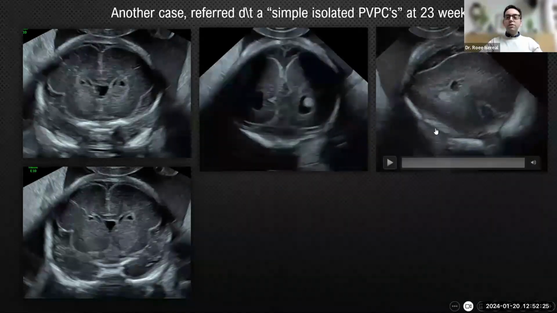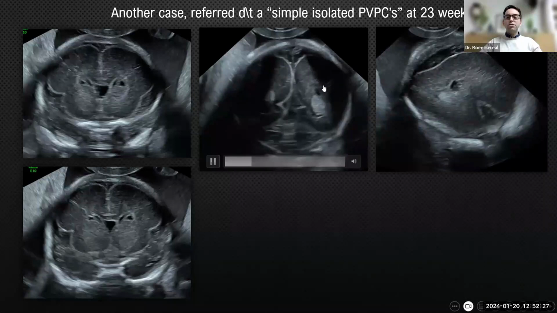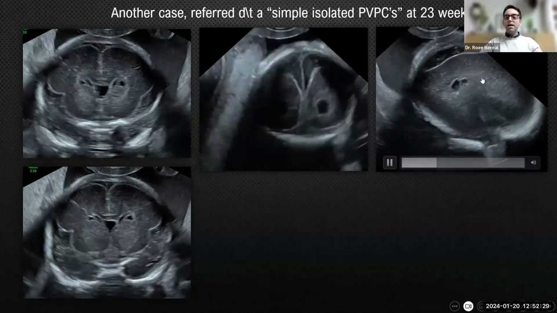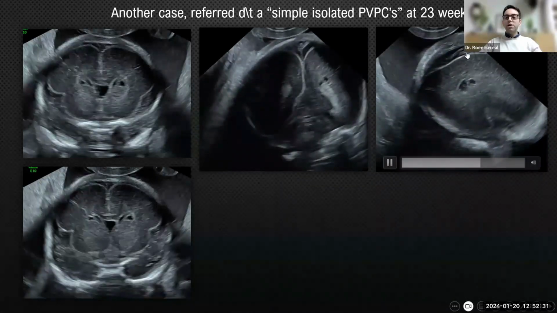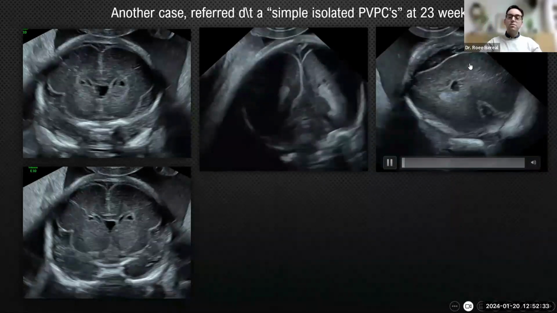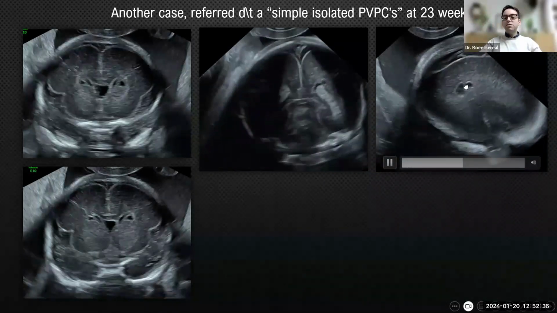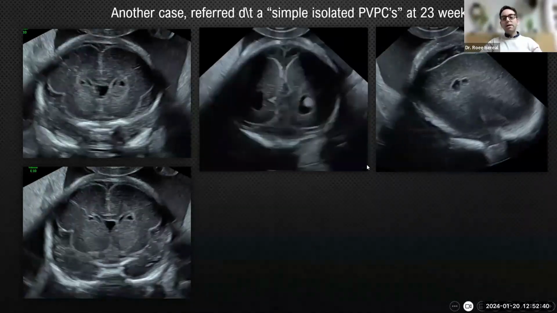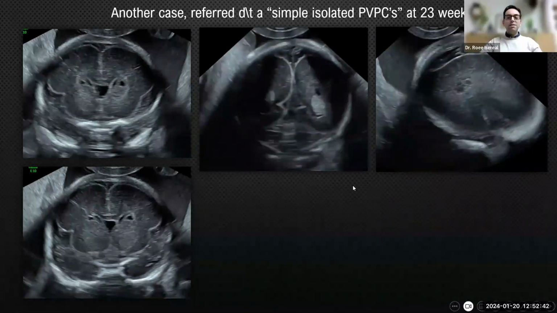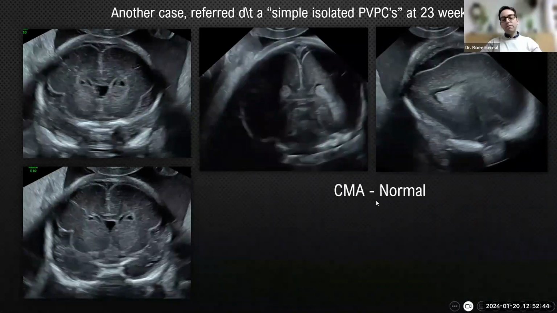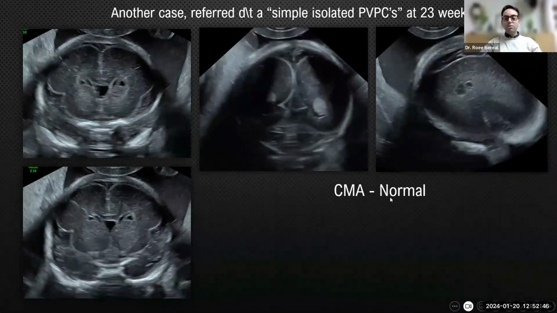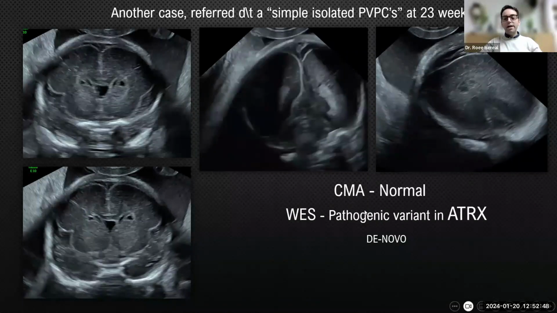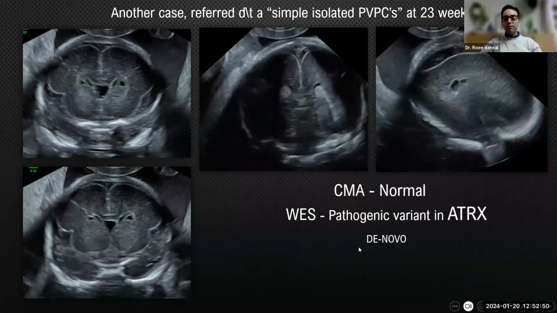Let me run another video, because once I saw these small lesions here, I was focused on this area. You can see here in the parietal area, just below the bones, you need to come up with the perfect insonation window, and then you find this small insult here. So now we were much more concerned than just saying, well, this is a benign isolated finding. We performed amniocentesis. The array was normal. However, we continued with the whole exome,